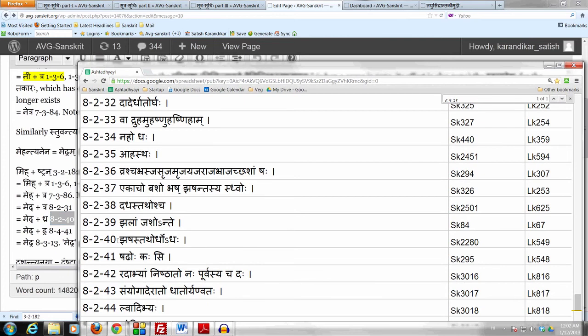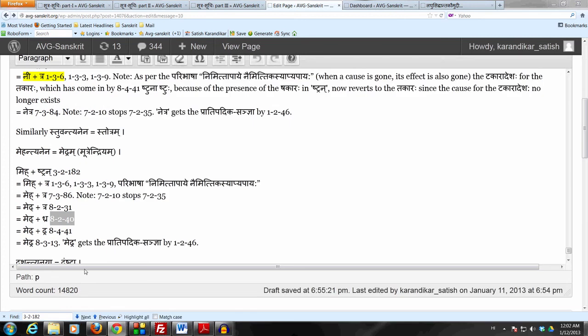And now we get the dakara adesha in place of the dhakara by shtunashtuh. So we get medh dra by 8 4 41 shtunashtuh. And finally we get dhodhe lopaha, dhakarasya dhakare pare lopaha. When we have a dhakara followed by a dhakara, then the prior dhakara takes lopa, so we get medra, which